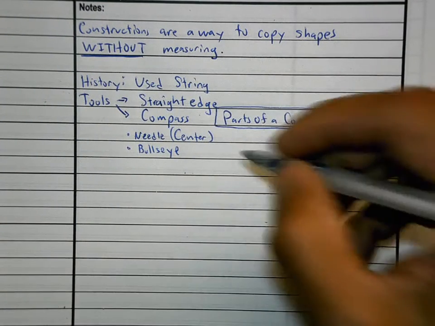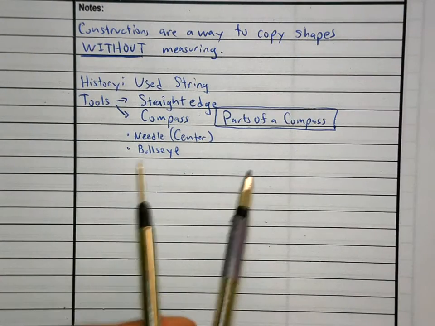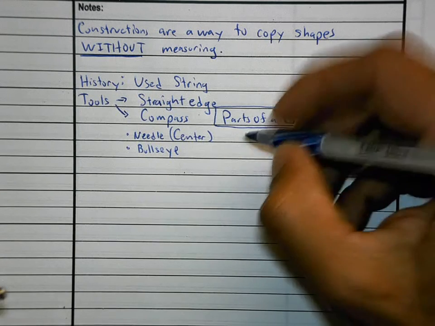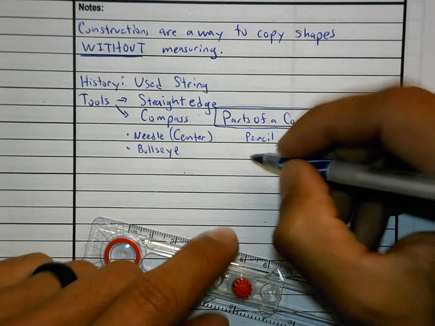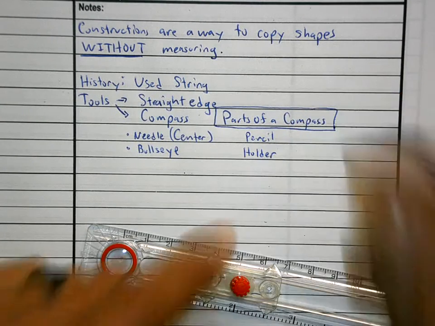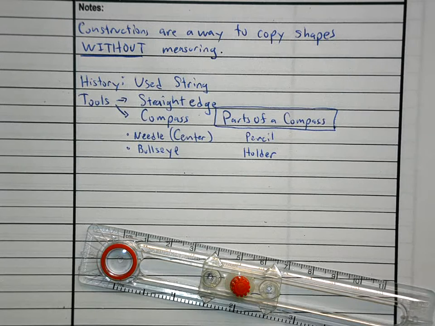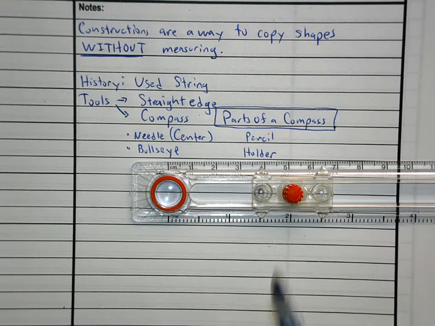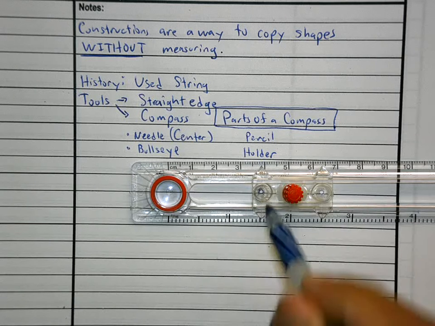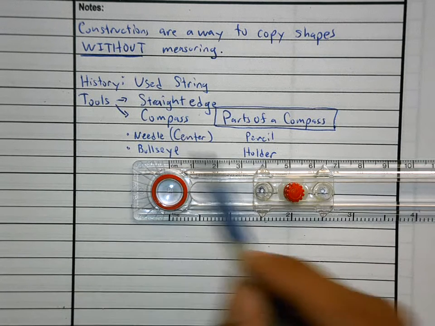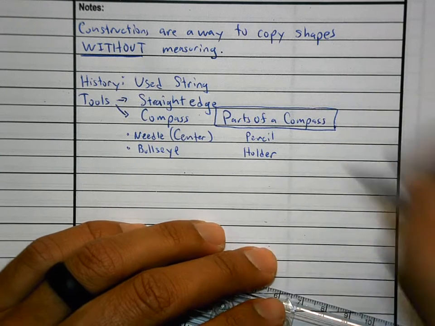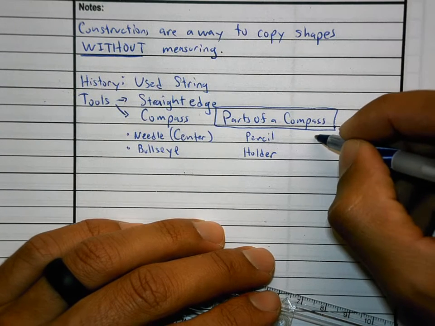On the old compass, they have a needle and a pencil. This is the old compass. We have a bullseye and a holder. There is a little indentation. The holder is this shape right here. It's where I can put my pen inside this little hole, and it will hold my pen or pencil, whatever writing utensil I have. So we have a needle, which is the bullseye. We have the pencil, which is our holder, and then we have the last thing, which is our slider,